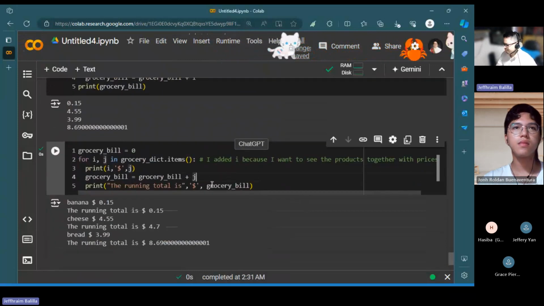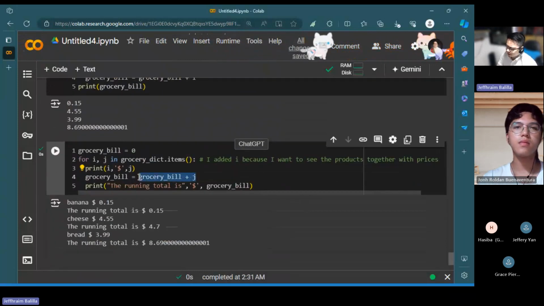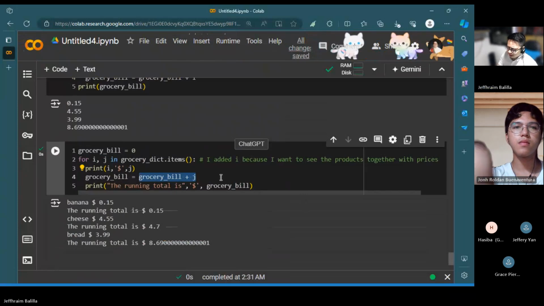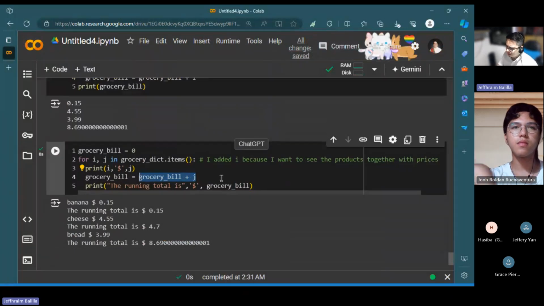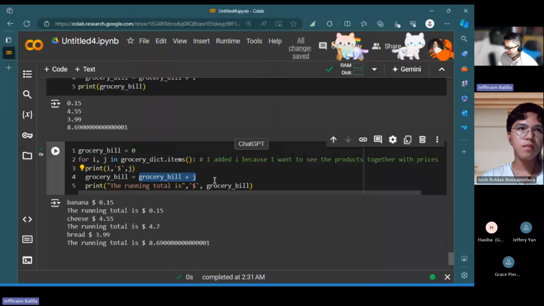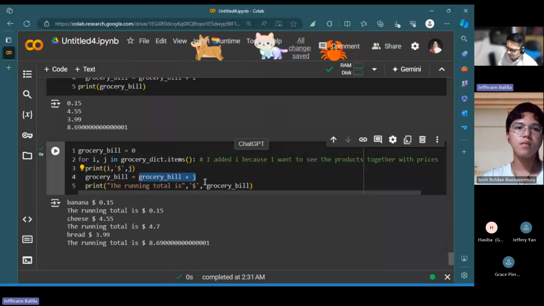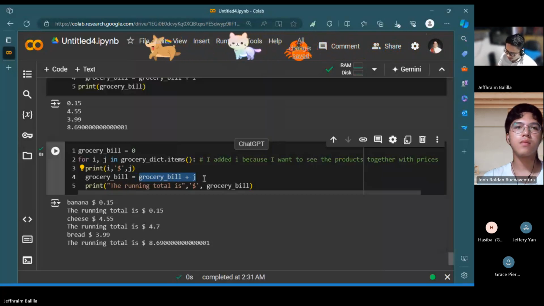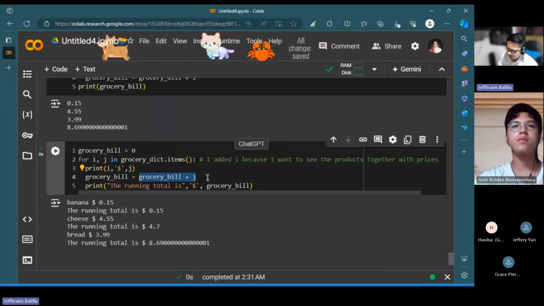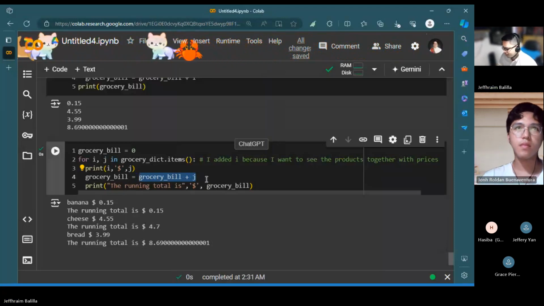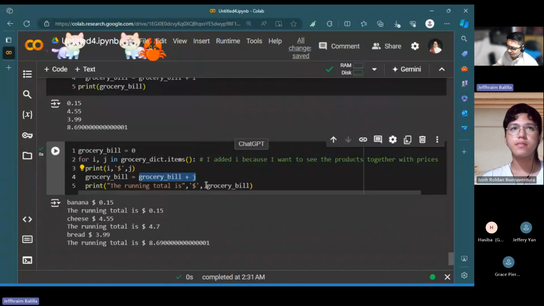So yeah, this is just something that we would be seeing more and more, especially with the loops, because this is one way of updating our values through the sum. You can also update your values using other functions like division, multiplication, but of course it depends on what you want to accomplish.